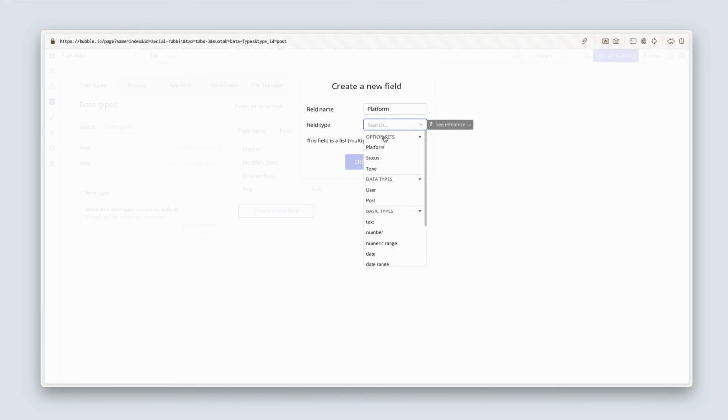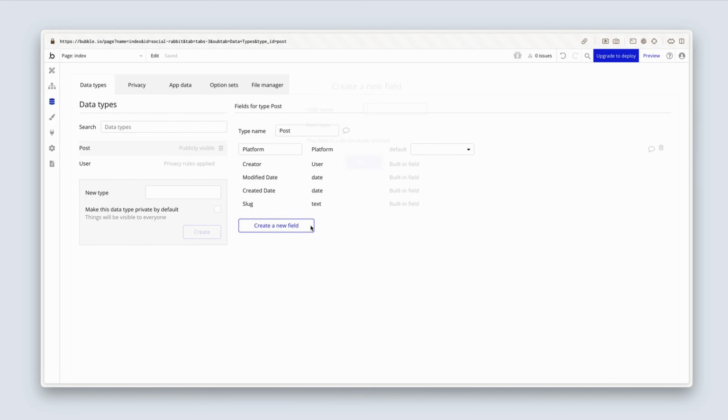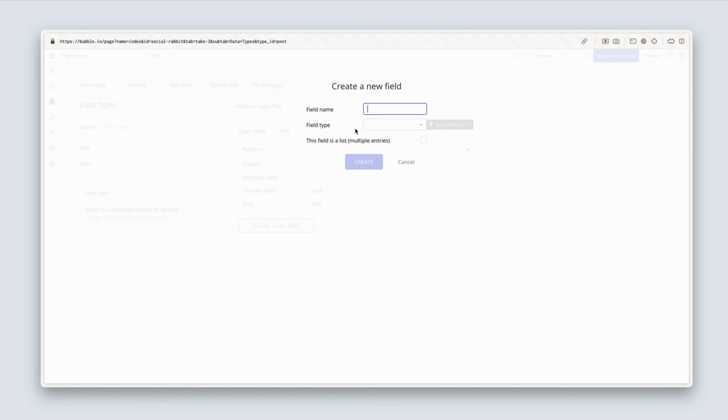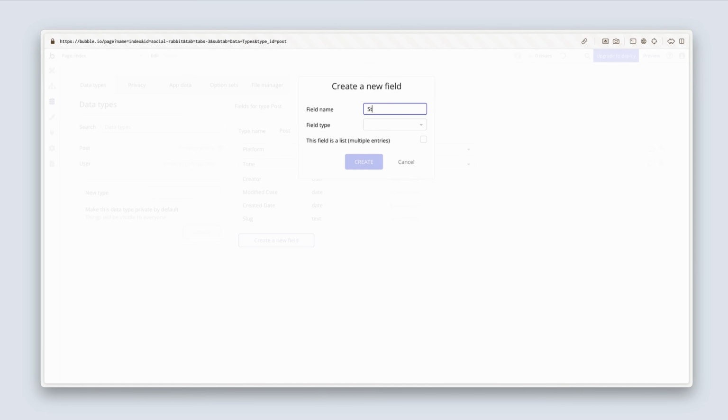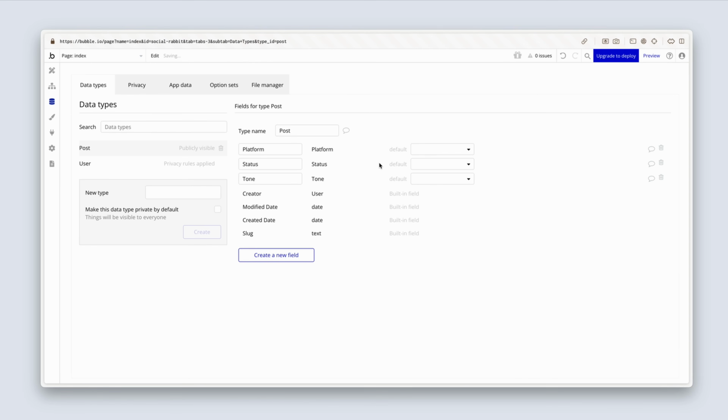And that is under option sets, platform. Next one was tone, and that is option sets tone. And the last one was status, and let's find our status under option sets. And then if we think back to the design on the left-hand panel, we had the 2 drop-downs, platform, tone,